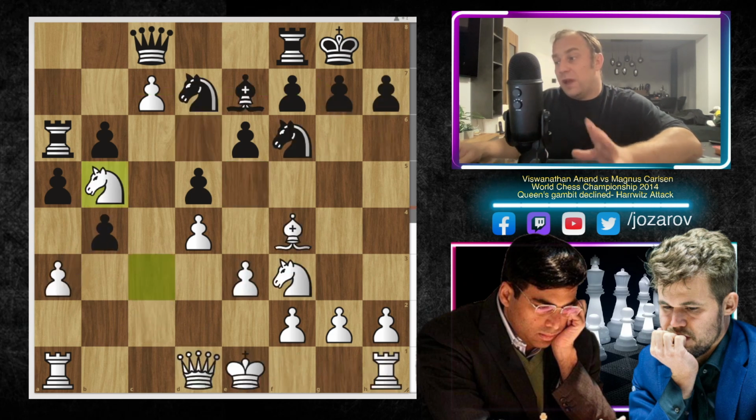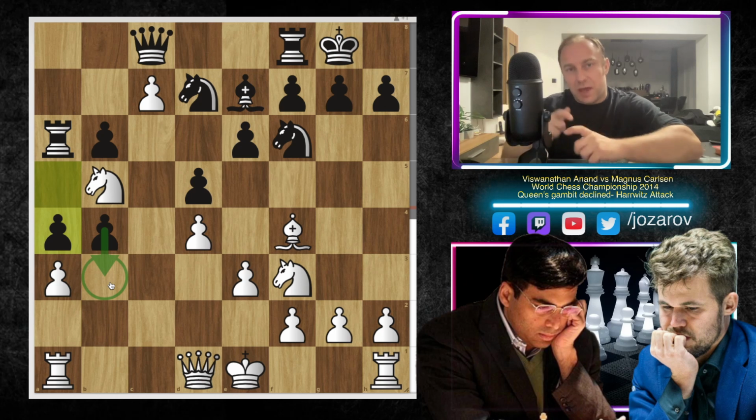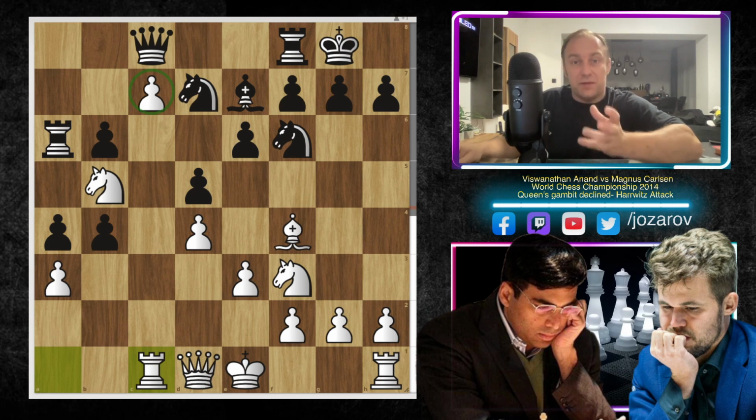So after move knight to b5, in the continuation we have now a4 by Magnus Carlsen. What Magnus is actually trying to do is get b3. b3 would be very annoying, I think, for white to handle, because then black would have two connected pawns on the queenside. Then the b3 would be supported by the a4 move. In the continuation, Vishy tried rook to c1, protecting further the position around the square c7. The c7 pawn is actually our main attacking motif, so that's why Vishy is protecting this pawn further.